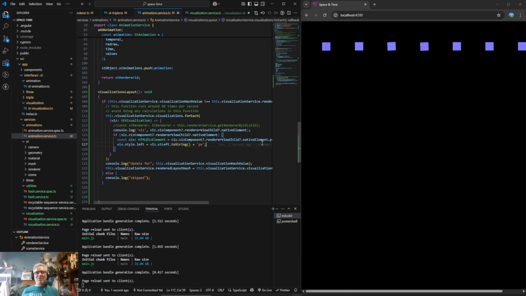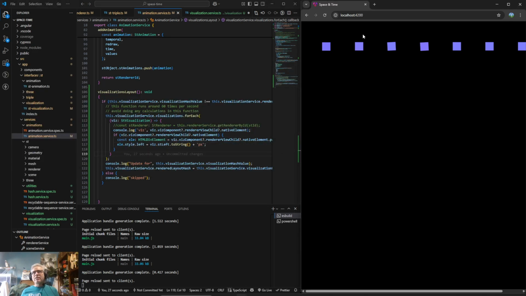It's one of those weird things where it didn't complain that it doesn't have it, but look, the navigation or the animation went away. Curious. Let's see what is going on here.